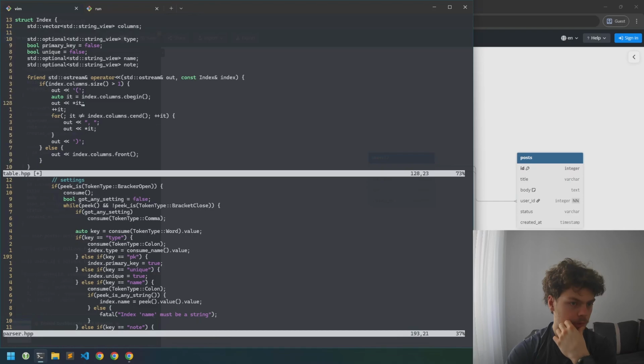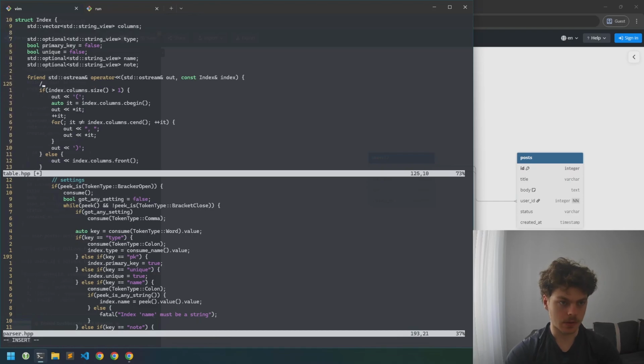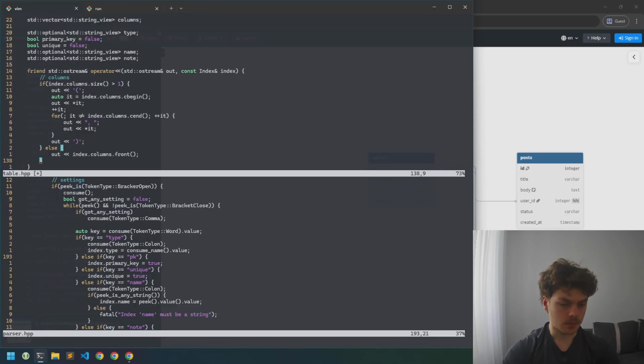So we printed columns. Now let's even add a comment. So that's just columns,